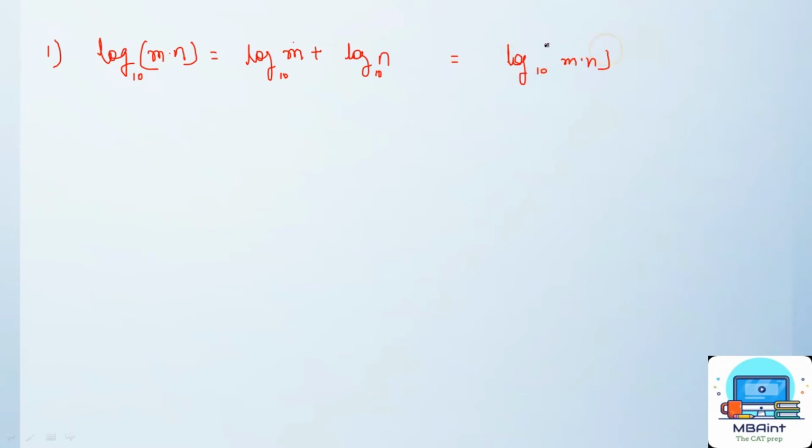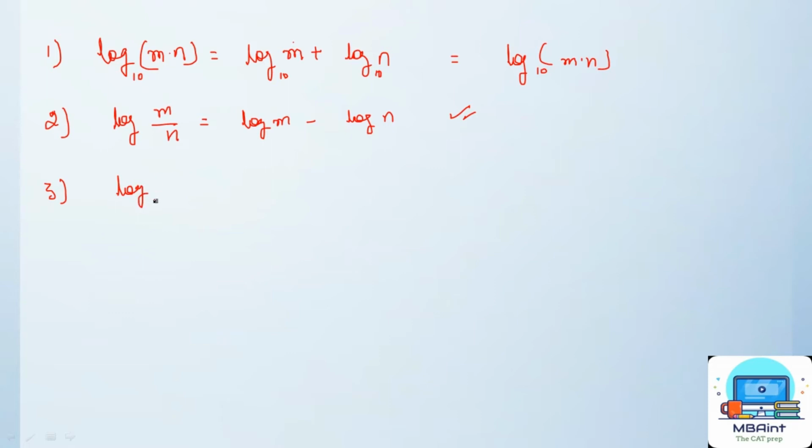That's also possible. The second important property is, let's say you have log m upon n. This means that this is log m minus log n. And again I'm assuming that they have a common base. There are a few more basic properties which you should make a note of, and in the course of logarithms you will come across these kinds of properties.